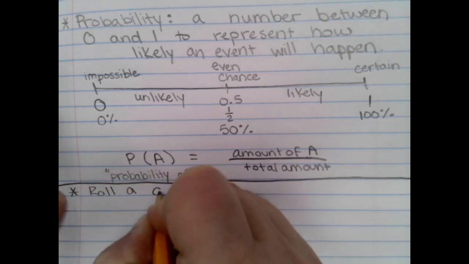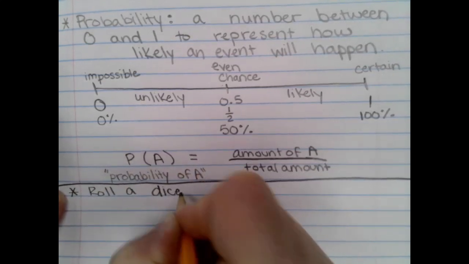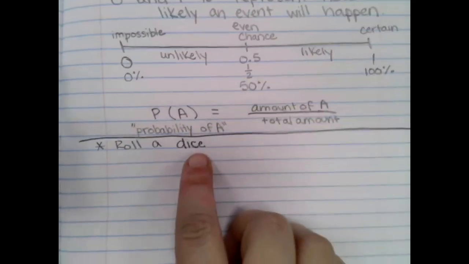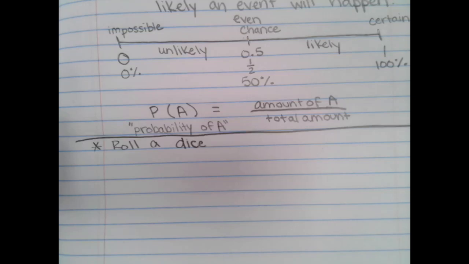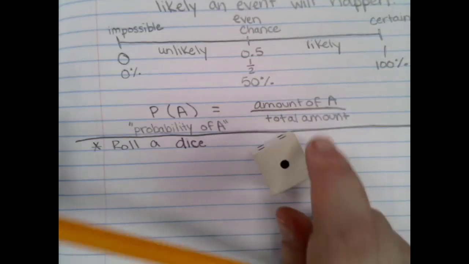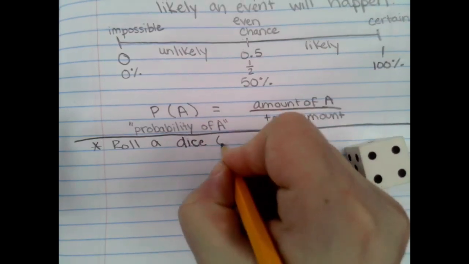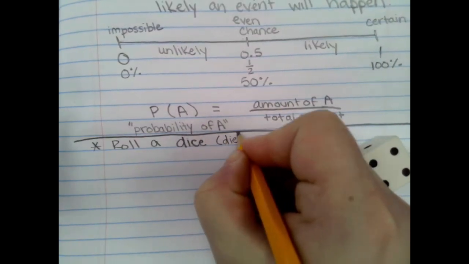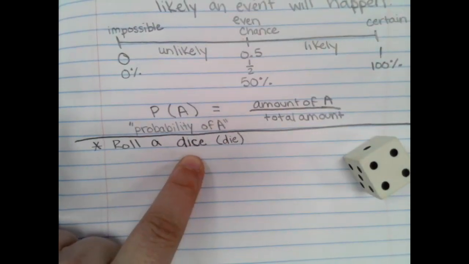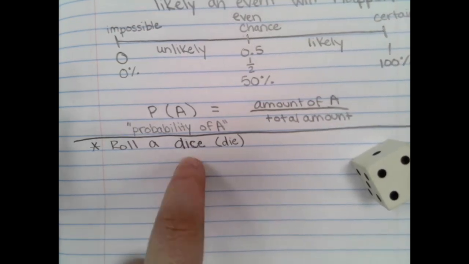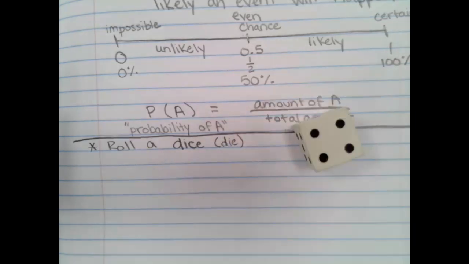Now, in Webster's dictionary, they just changed it a couple years ago. They said dice is okay to say when we're talking about just one. Before, when we talked about just one, does anyone remember what the singular version was? Die. So it was just a die, but it is okay just to say dice now. The dictionary changed it. They're like, die is stupid. We're going to do dice. Everyone called it a dice anyways, right?